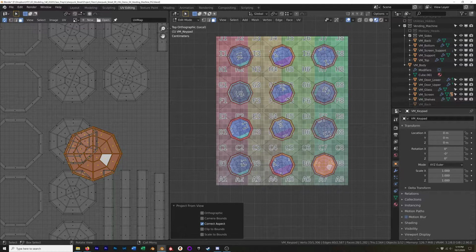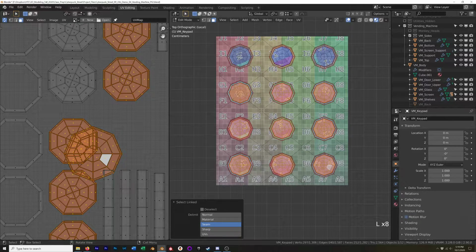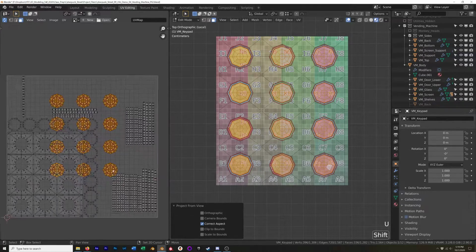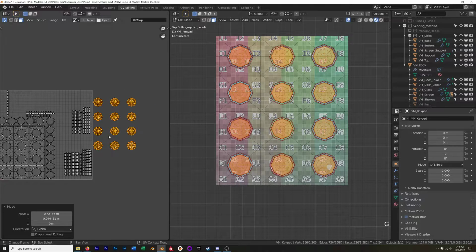So now what we can do is hover over all of these buttons individually, hit U and project from view. And now we have all of our buttons. They are laid out nicely. And they're even in the correct relation to each other, so that we know that if we're going with a traditional